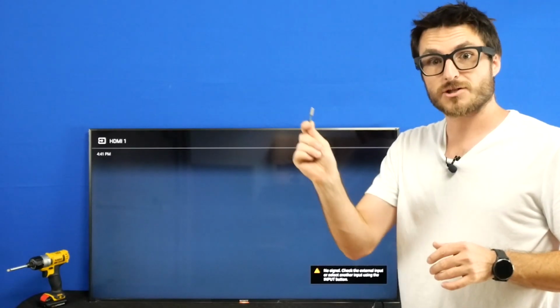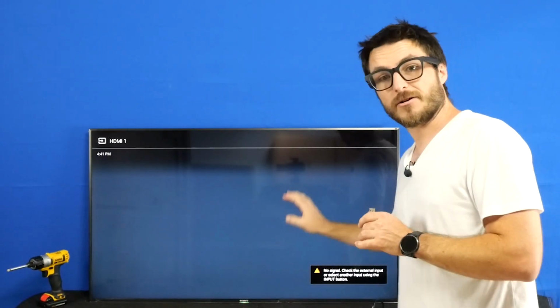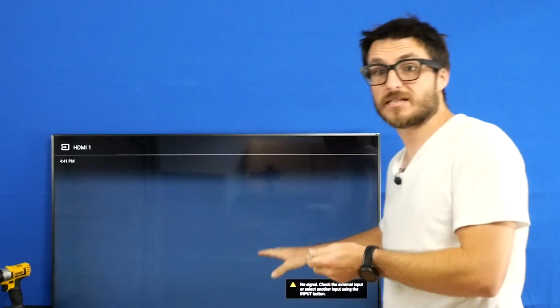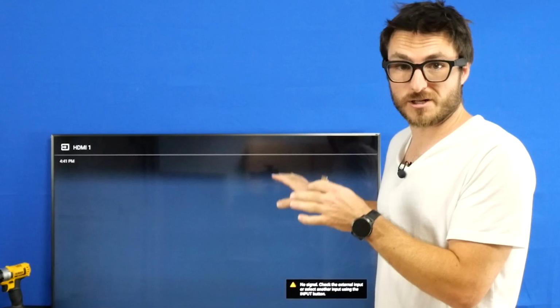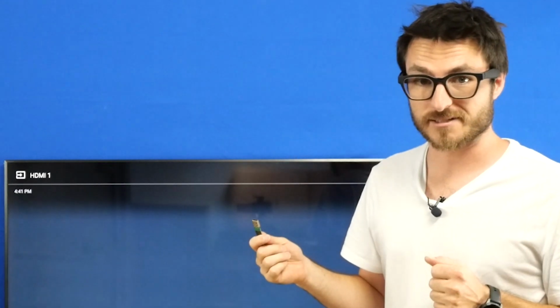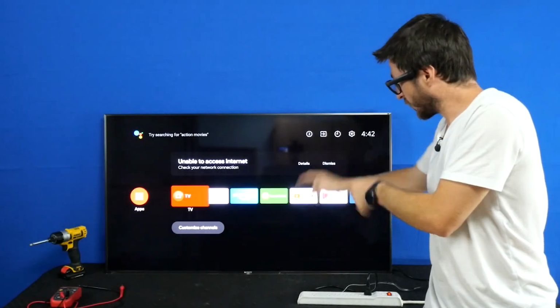While I was getting our flash drive ready for the pairing, I noticed that our TV turned on. So we are still getting the amber green, which means the TV should not be turning on because the main board is not paired to the set, but it is. So we're gonna go ahead and pair it anyways and see what we get next. So we just finished the pairing and we're no longer getting the amber and green, so it looks like we